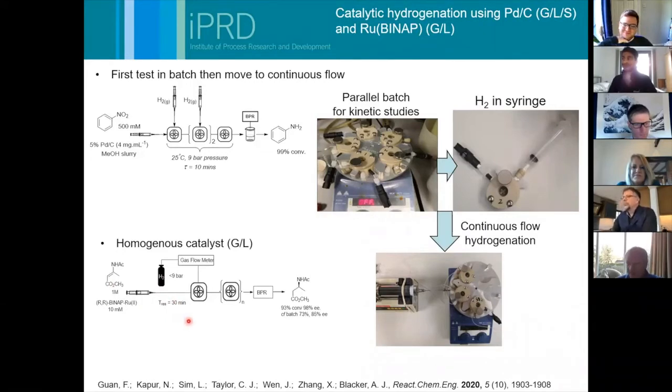The safety limit's actually 40 bar pressure, and that's what it's been tested to. So I don't recommend you go to 40 bar, in which case these fittings blew out. But if you keep round 7 bar, 9 bar, you should be absolutely fine. And in this case, we achieved high conversion